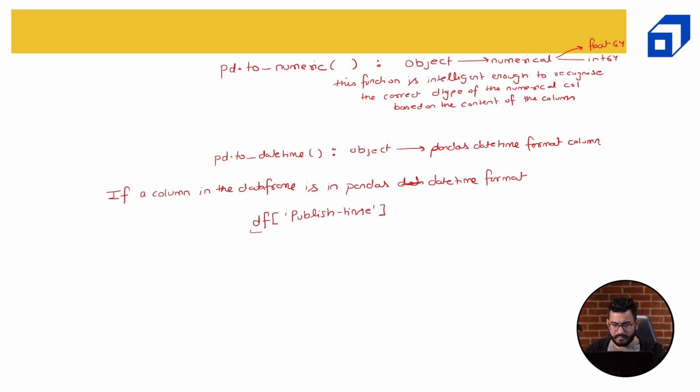Now I know that this column is in Pandas datetime format, right? Now if I put this dt and dot, so this dt is basically an accessor